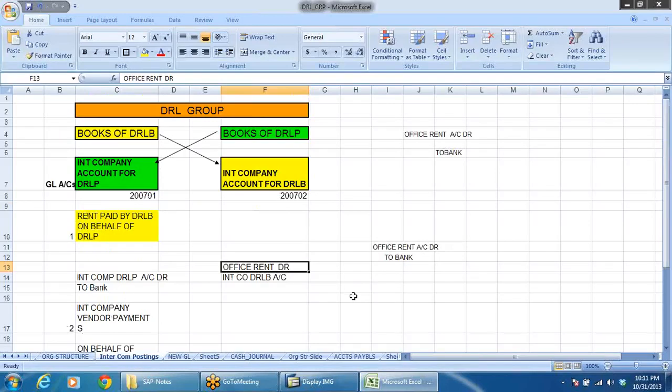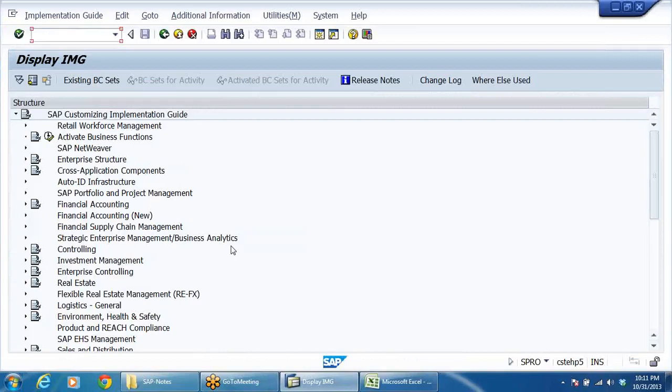Now what I'm going to do is, let us first of all create the company. How to create it? In SAP real time, in the projects we have, there are two or three varieties of projects. One is end-to-end implementation, right from the beginning to the end, the total implementation. The second one is rollout.